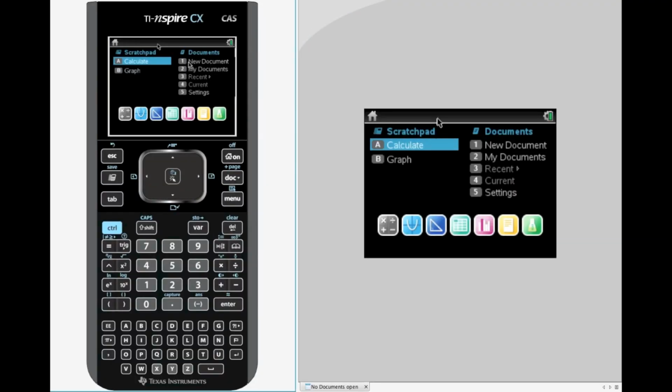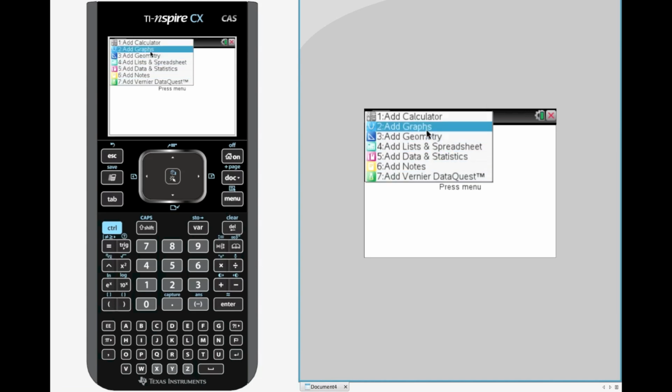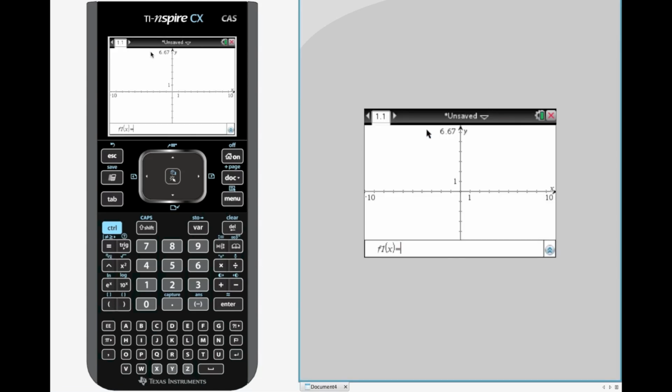Here we are with our TI Nspire. Mine happens to be a CAS version. We're going to open up a new document, add graphs, and type in the equation. Now, if you set the velocity equal to 3 and subtract both sides by 3, you get 0 is equal to negative 5 plus 2, let's try that again, times parentheses.